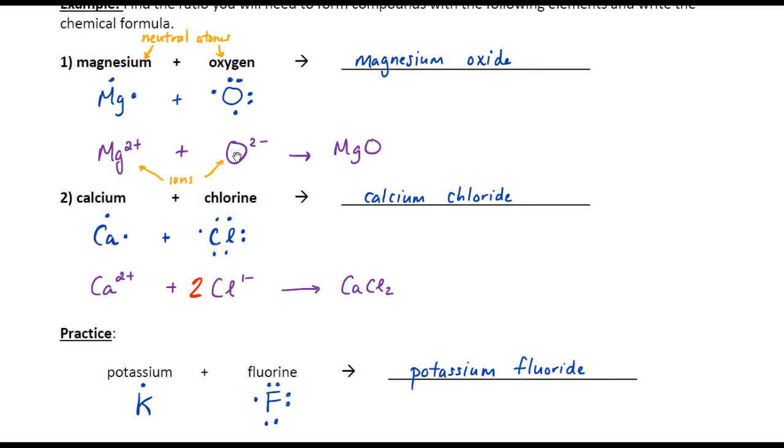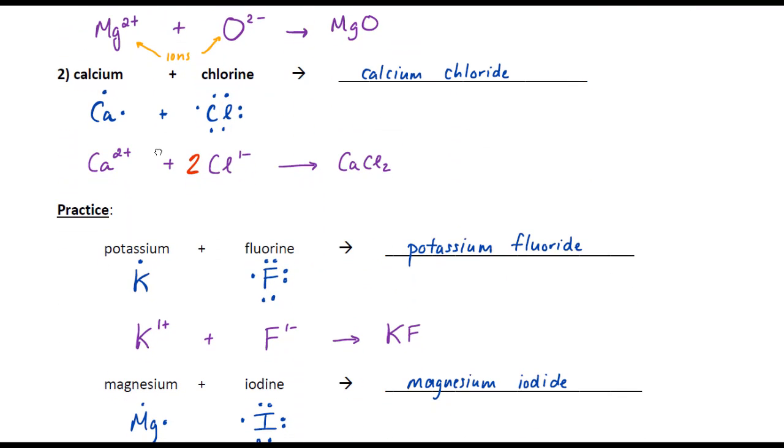So it's a 1-to-1 ratio, which means that my chemical formula is 1 magnesium for every 1 oxygen ion. Okay. Then we look at calcium and chlorine, same idea. Draw their neutral version of their Lewis dot and strip off the electrons and make the ions. And notice I've ripped off 2, so it's a 2 plus charge. Here I'm going to have to add in 1 extra electron to satisfy chlorine, so it'll be a 1 minus